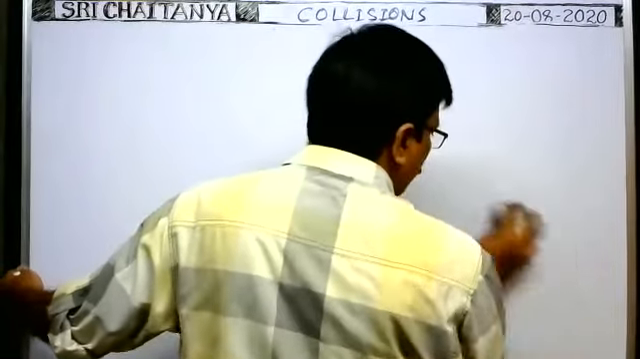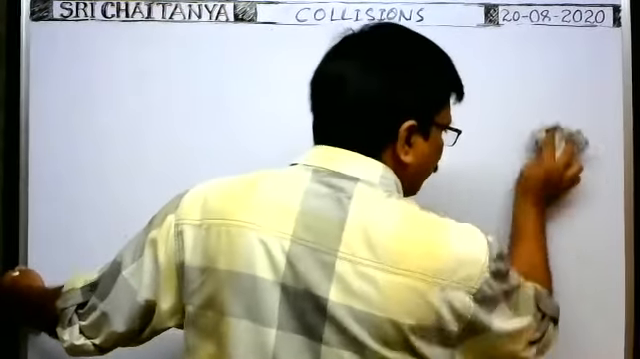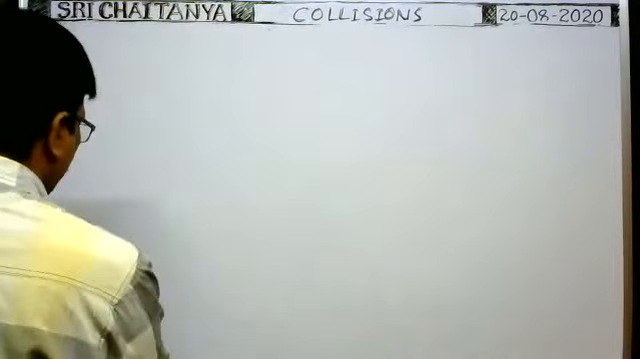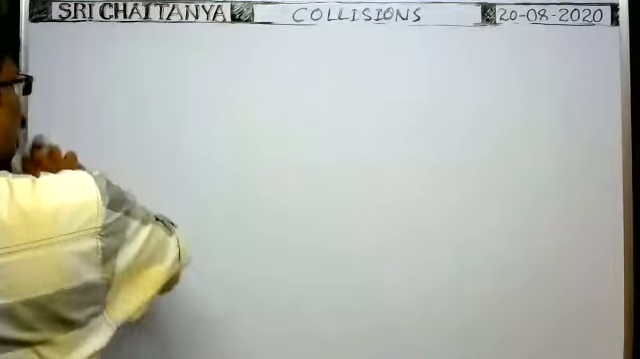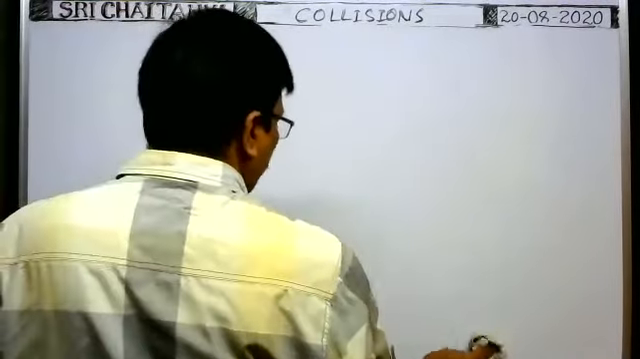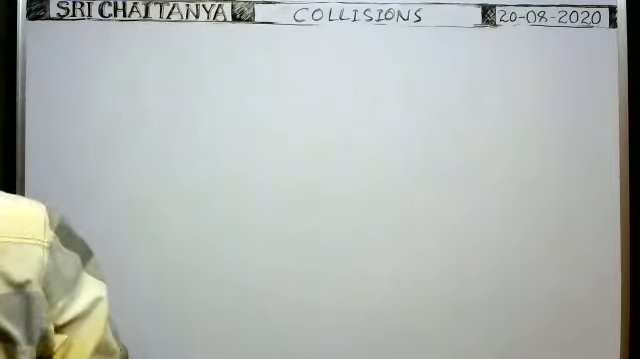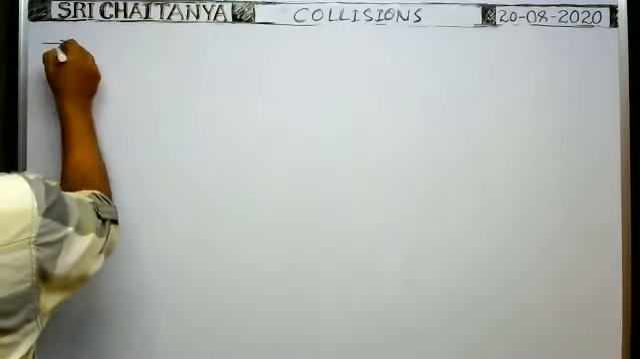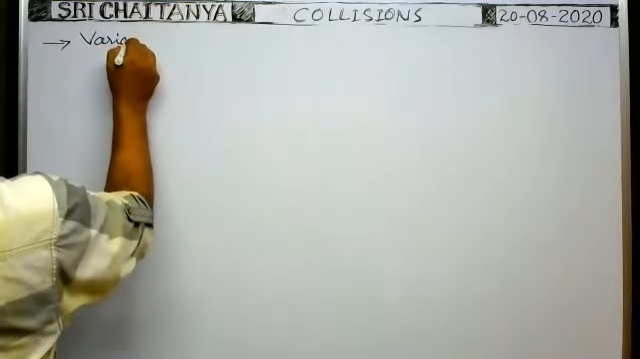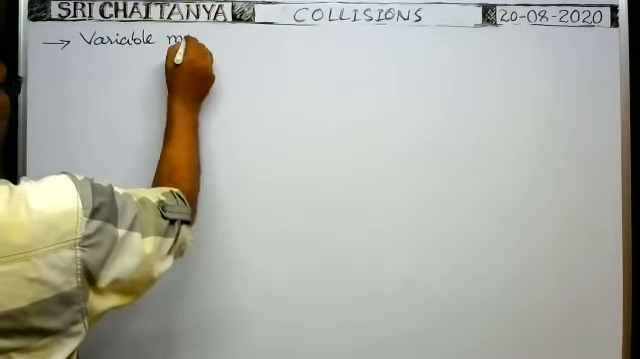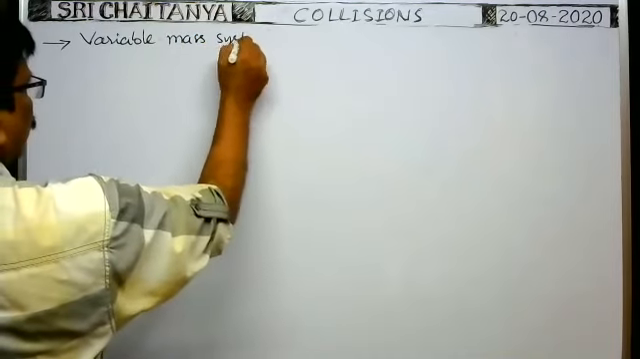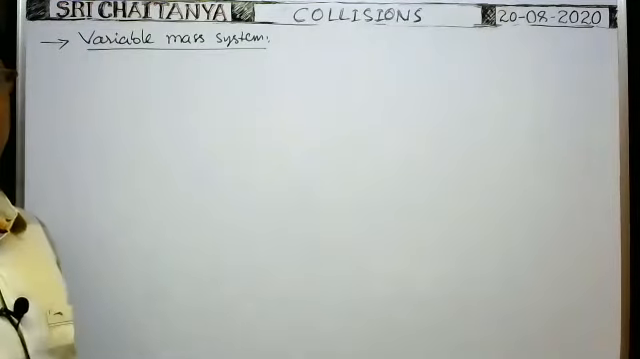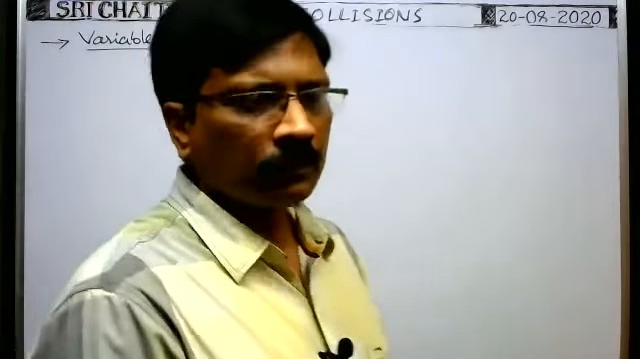So with the different examples we are learning, you are learning different thoughts. Based on the different thoughts you learned, you have to do the problems. They don't ask direct problems. They don't ask any problem directly as you have done. Now, variable mass system. Variable mass system. Okay. So here